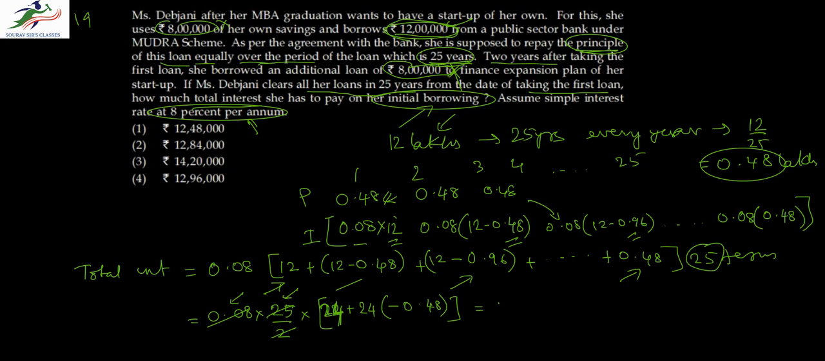24 plus 24 into 1 minus 24 plus 24 into minus 0.48. So this is 24 into 1 minus 0.48, or 24 into 0.52, which is equal to